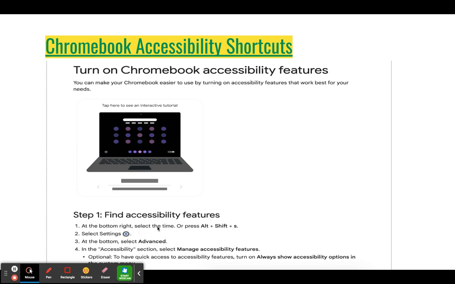After you click on the time that's presented there, you can also press Alt plus the Shift key plus the S key to access the settings. And then once you are in settings, you want to go to the bottom and select Advanced. And then in the accessibility section under Advanced, you should be able to select and manage different accessibility features